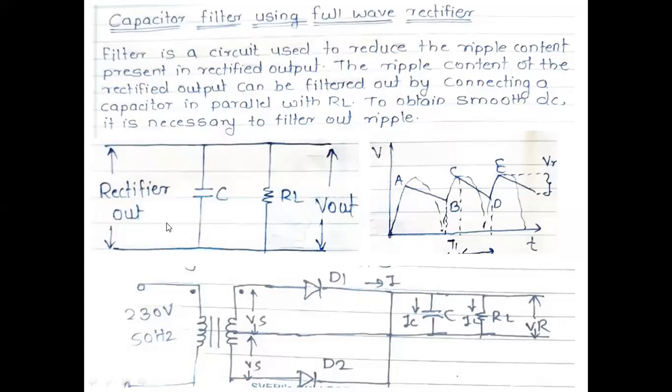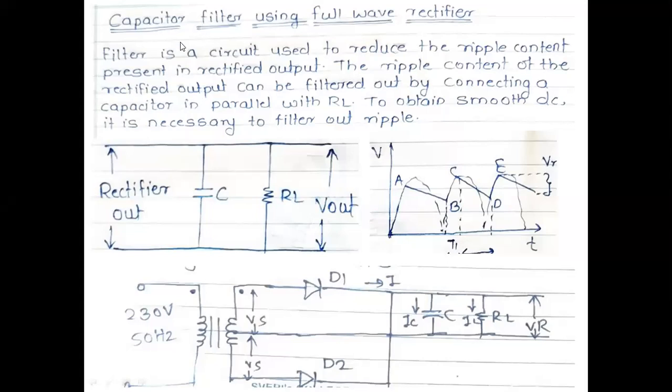Once we have the DC output, it should not come down to 0. We have to maintain some value of DC. In that situation, we are going to use filters. The filter's main operation is to avoid the ripples, removing whatever pulsations are there. There are different types of filters: resistive filter, capacitive filter, inductive filter. But for the full wave rectifier, we are going to use the capacitor filter here.